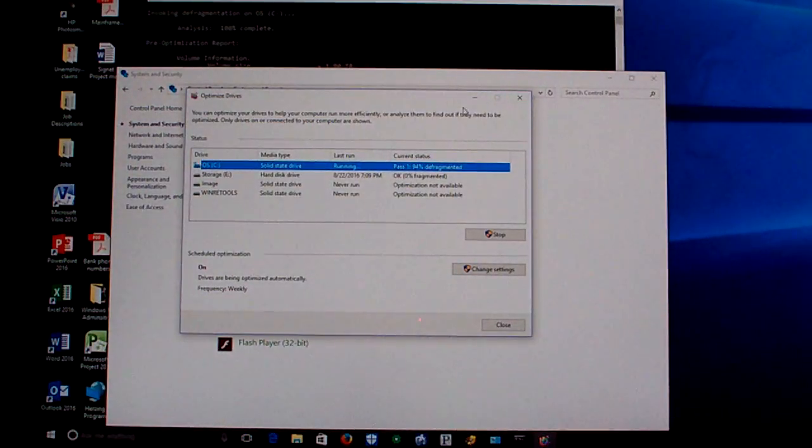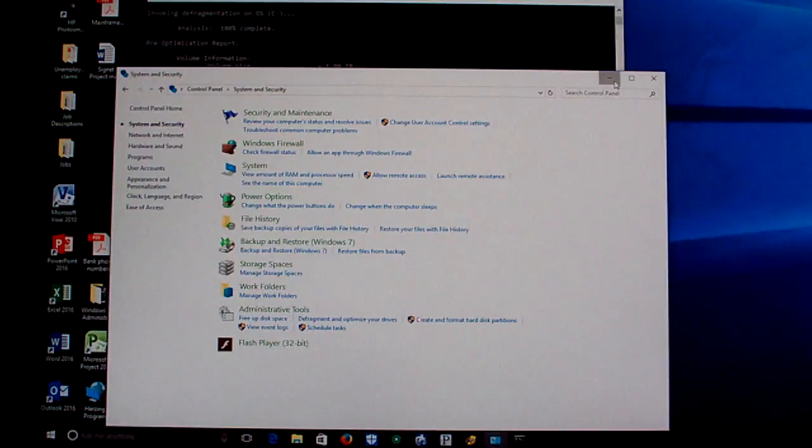So it's not something really new to Windows 10. And it looks like pass 1 is 96% complete. This is something that hopefully doesn't take too long for the demonstration purposes, but